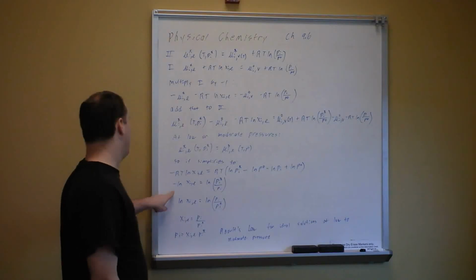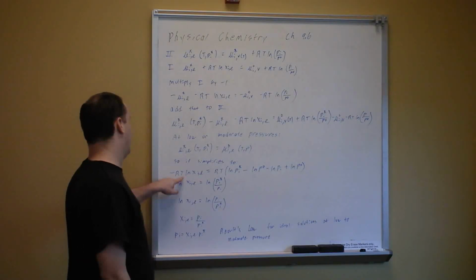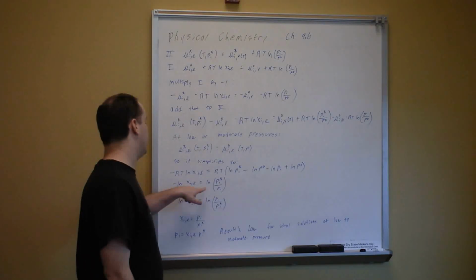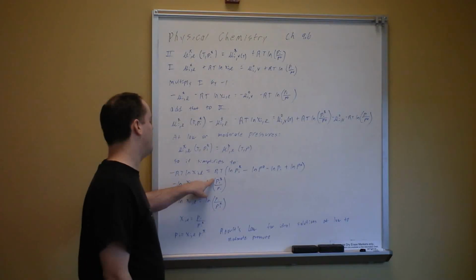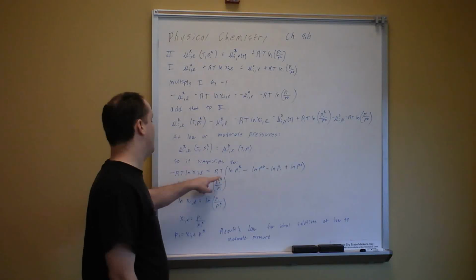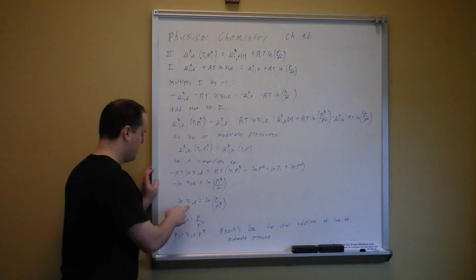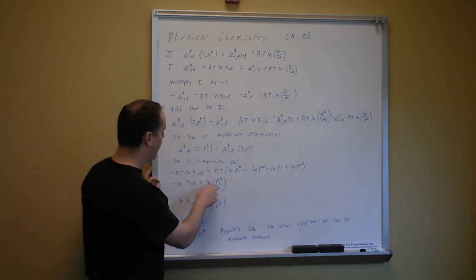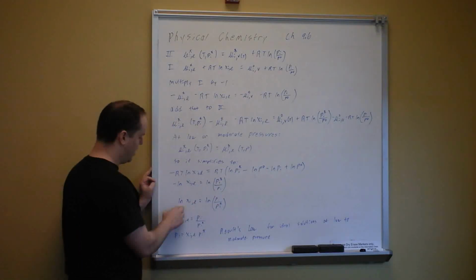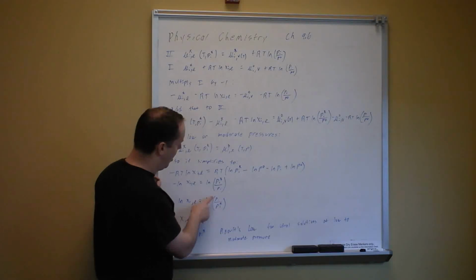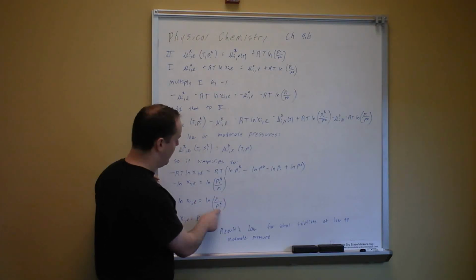So simplifying that, rewriting it a little bit, dividing by RT, etc., we get minus natural log of mole fraction of I in the liquid phase is equal to the natural log of partial pressure of I unmixed over the partial pressure of I mixed. We'll just flip this upside down to get rid of the minus sign. So we get natural log of mole fraction of I in the liquid phase is equal to the natural log of partial pressure of I divided by the partial